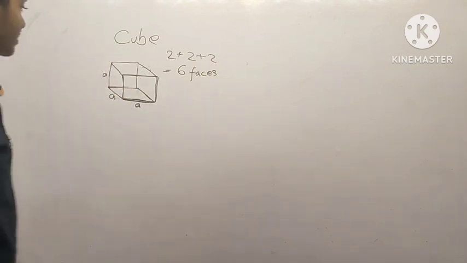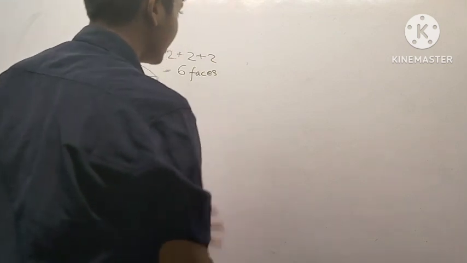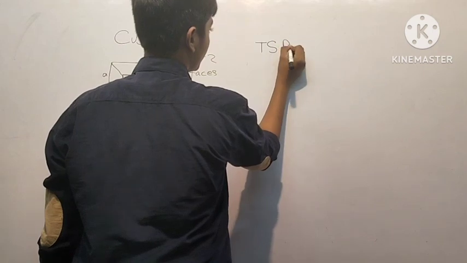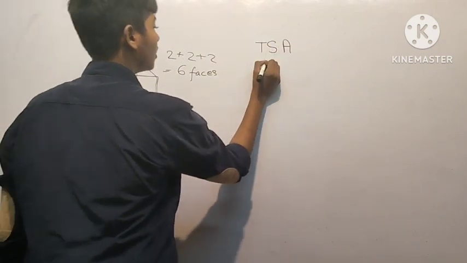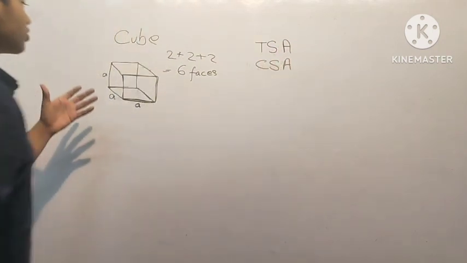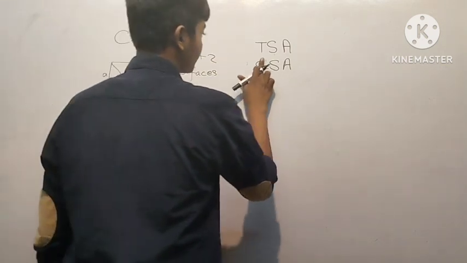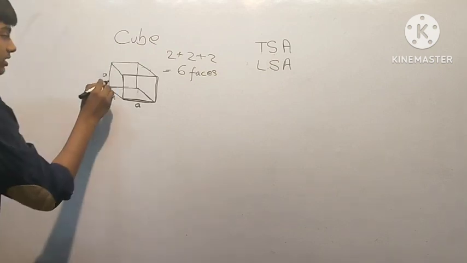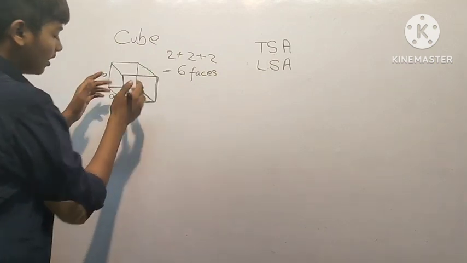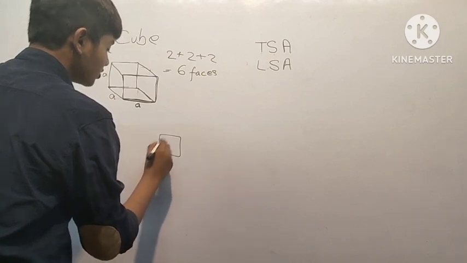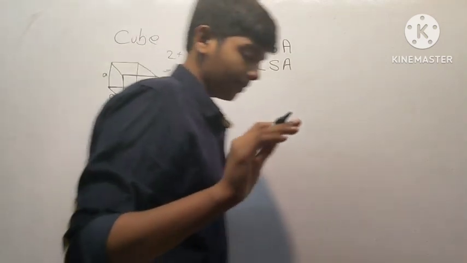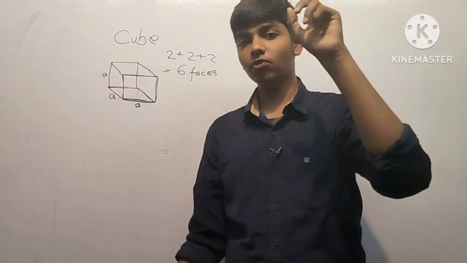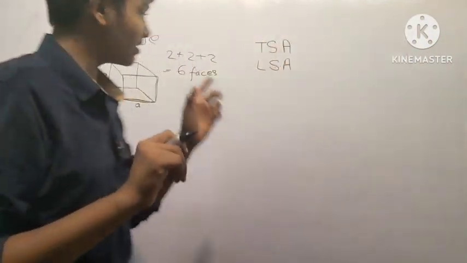Now in surface area, we have two main things for every shape: total surface area, and curved surface area. There is no curvature in a cube, so instead of curved surface area, we have lateral surface area. Lateral surface area means walls. What are walls? All the sides, so meaning the 2 side faces. Let's take your room for example. In your room, except the ceiling and the floor, all the 4 sides are the lateral surface area.